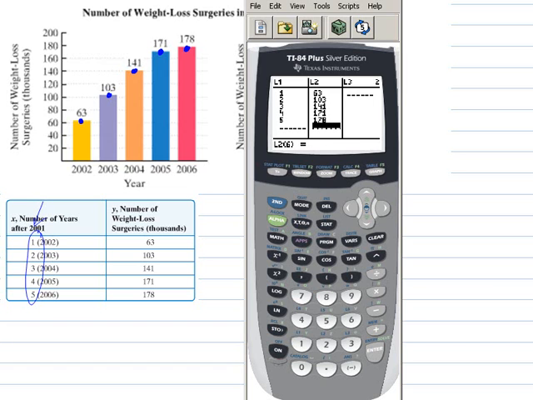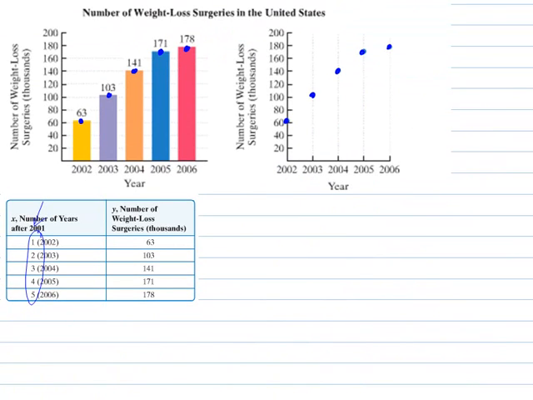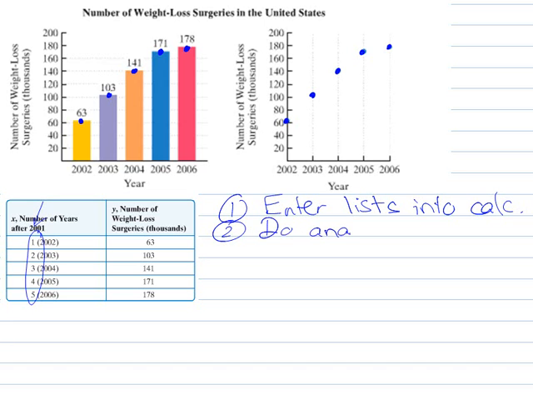Now that we've entered these lists, we're going to run some tests on them. Let me walk you through what we're going to do before we actually do it. You're going to enter your list in your calculator. You're going to do the analysis, and it's just pressing buttons basically. And then you're going to examine